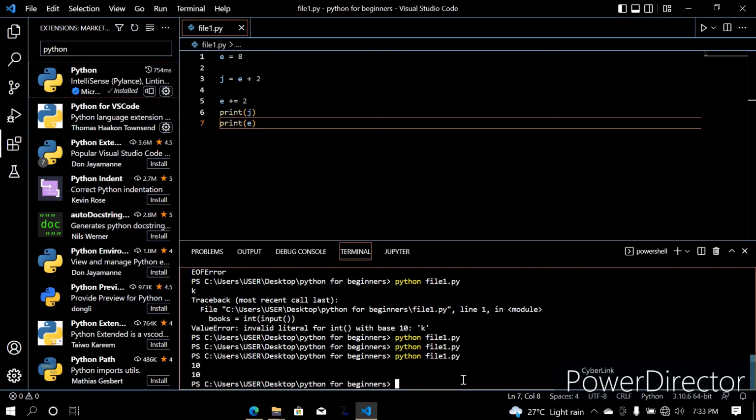So it's not just addition. You can do the same thing for multiplication. You put your asterisk and your equal sign. And it's not just for numbers. The exact same way you apply